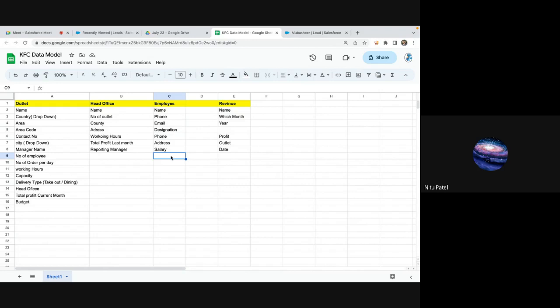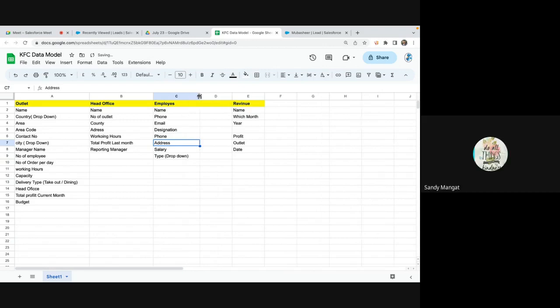Type of employee, like contractor or full time or intern. Drop-down, yeah. Can we use the location also here? Address I've given, no? Employee address. Like the location of the head office in India, right? Correct. So for